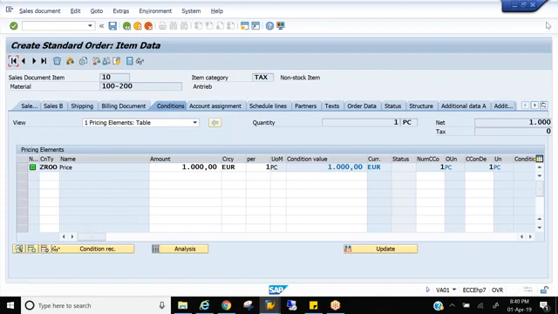Now let me put one question. How does price determine into sales document? Anyone? Very important interview question. How does price come into sales document? Anyone? Pricing procedure. System process. Pricing procedure is a determination. That is system. I'm asking about system process, not what we do as a consultant. Okay. How does the system pick the price into sales document?